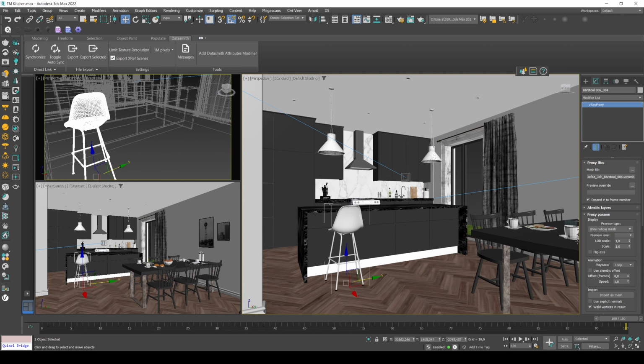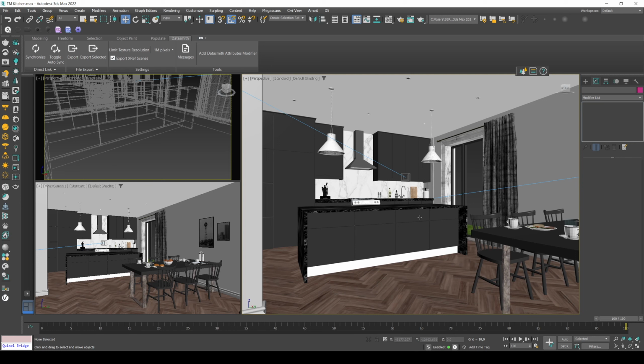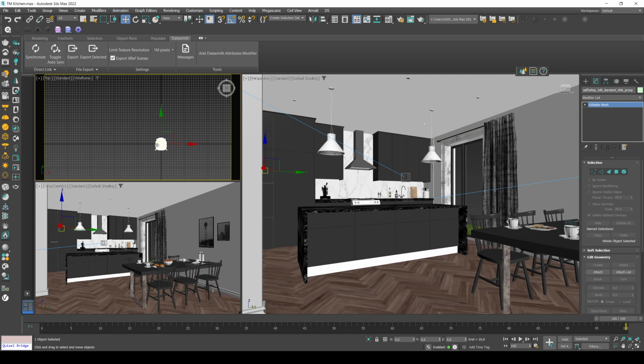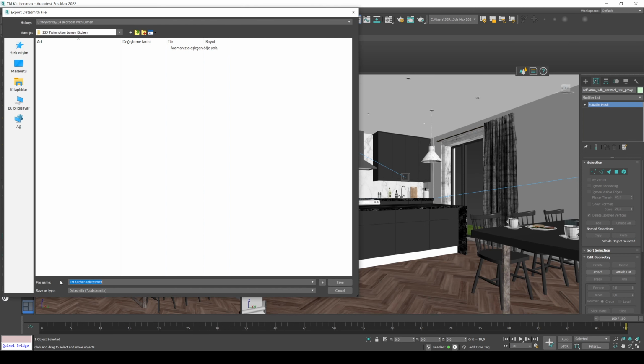And I click this one and we are going to click this import as mesh. Now it's in the center of your file. Let's locate it. If you hit G, you will see the grid and realize that it's in the center. And this time we are going to click this export selected. After that we are going to input our name. It's going to be chair, and click save.